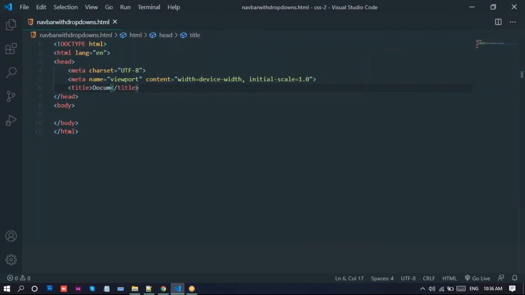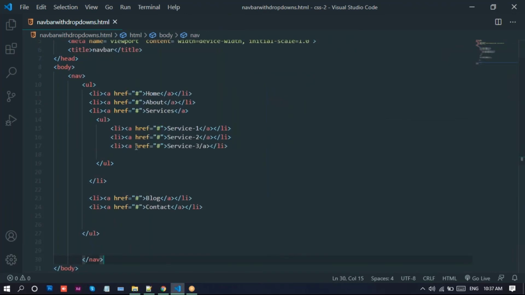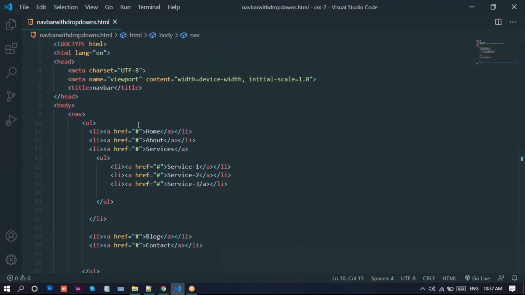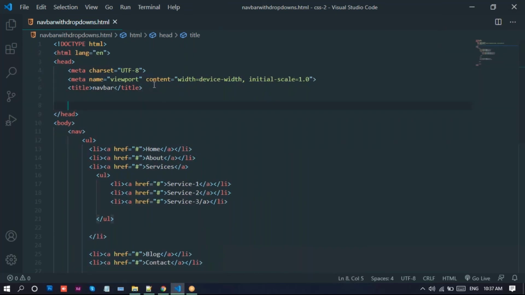Now create a program and paste it there. So this is HTML.